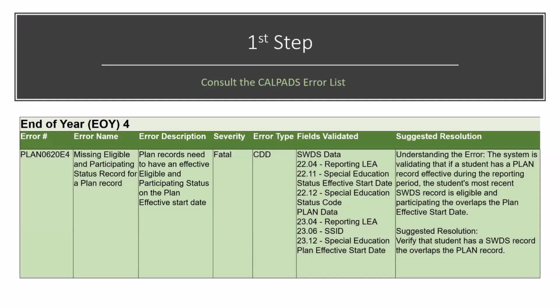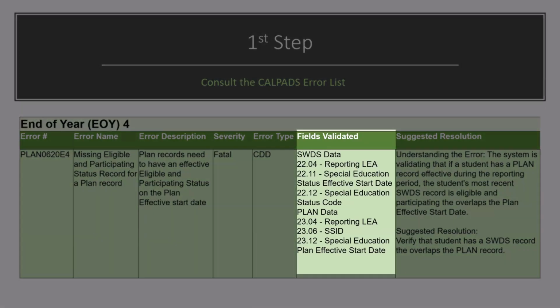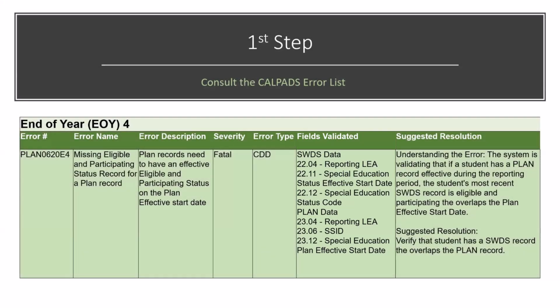So based on the error description, we really can see the relationship between your plan record and the status, right? You can see that the plan record has to have an eligible and participating status. It's telling you that. All right. So then we're going to skip over the severity and error type and go to fields validated. And it tells you there's status, SWDS data, and it lists the reporting LEA, the special education effective start date, the special education status code,